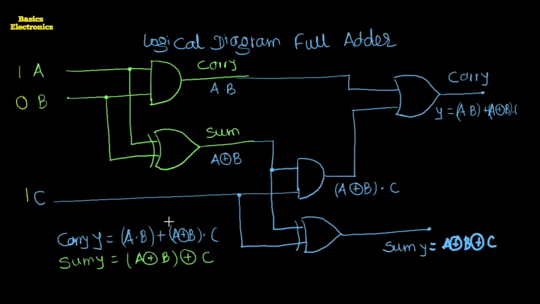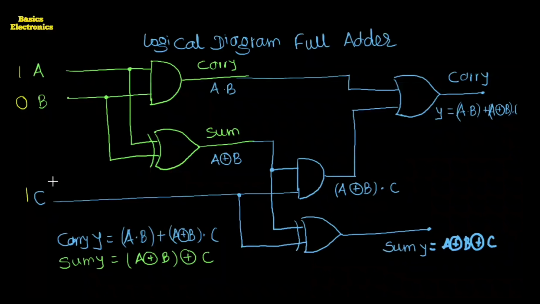We apply the two inputs A and B to the first half adder, and the carry generated from the first half adder we apply to the OR gate to obtain a final carry, as we have the two carries obtained. The sum of the first two binary bits performed by the first half adder is applied as an input to the second half adder, and the second input to the second half adder is the C input. Now the input combination we applied is A equals 1, B equals 0 and